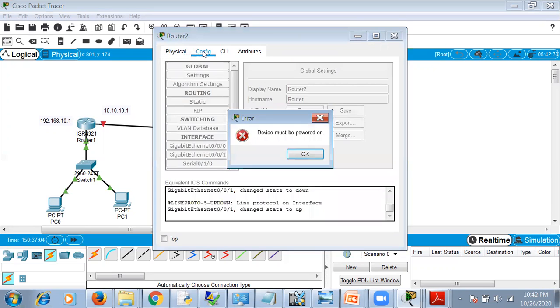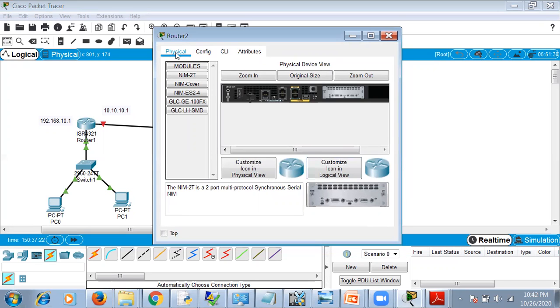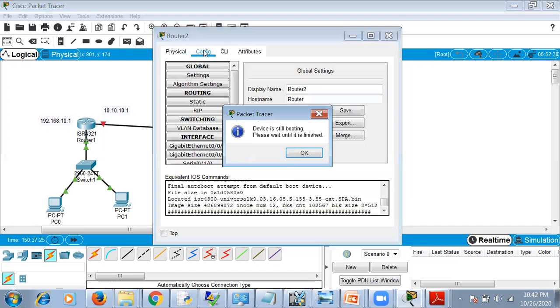So go to config. So before going to config, again switch it on. So it becomes slightly green here. It's not visible, but you can zoom and see it. Go to config now.